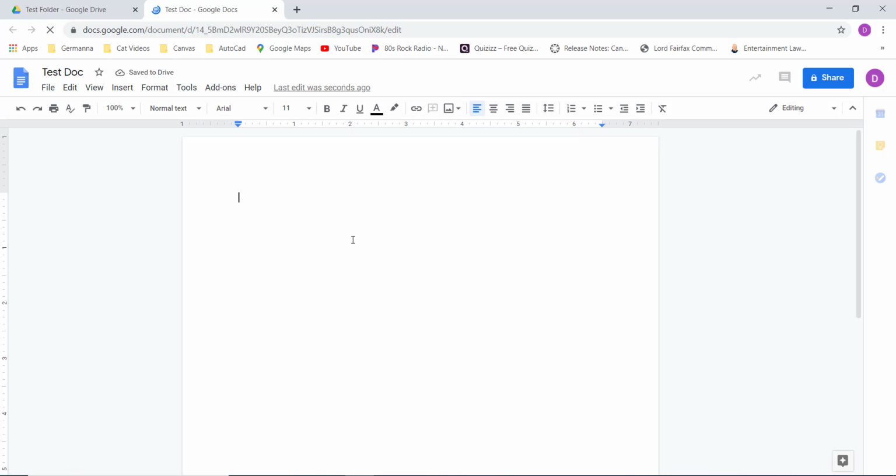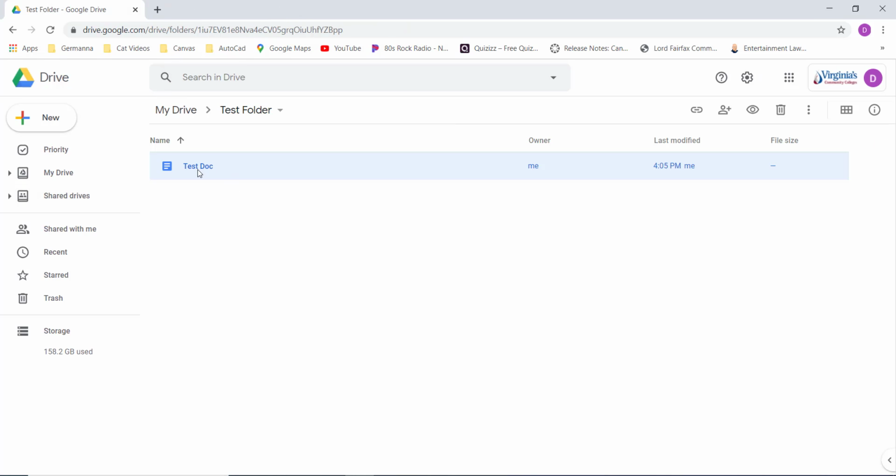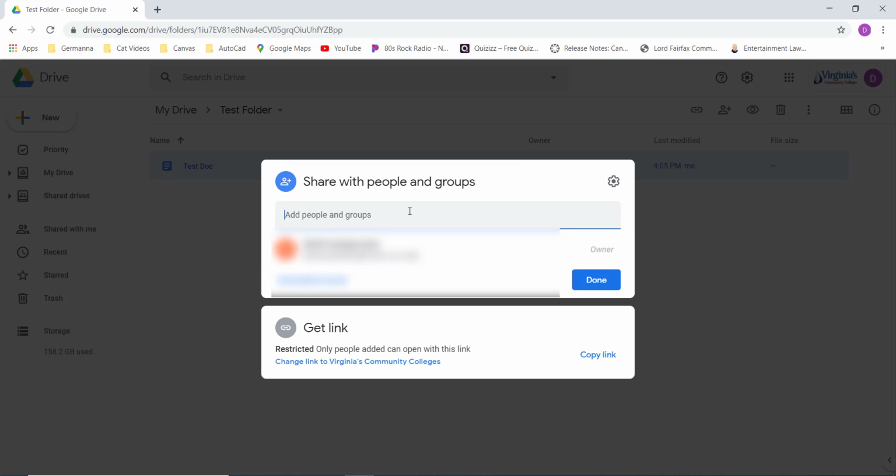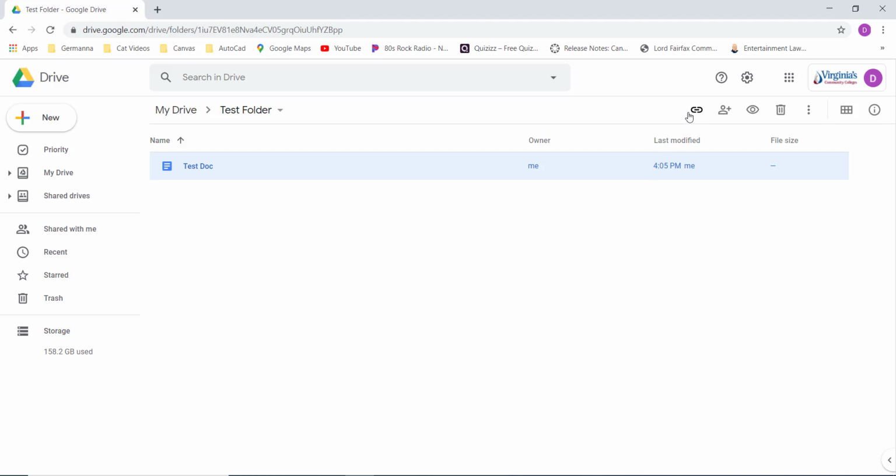And this is just like Microsoft Word. If you have any experience with Microsoft Word, you have the ribbon up here with all the different tools. You can create this document and then you can actually share it with people. And you can share it by, I'll close this out. Here's our document. We have two options here. So you have to have it highlighted. So if I just click, we can click on this little person right here and share this via email, meaning that I have the option of typing in emails right here, and it will share via email to the people that you type in here. Or we can just get a link, and we can do that by clicking this link right here